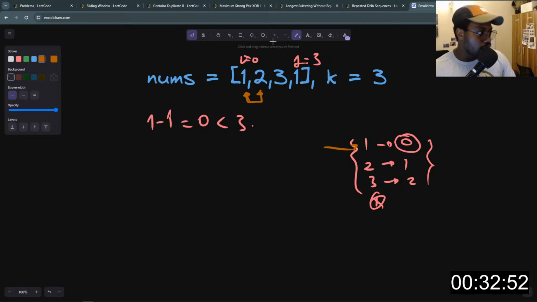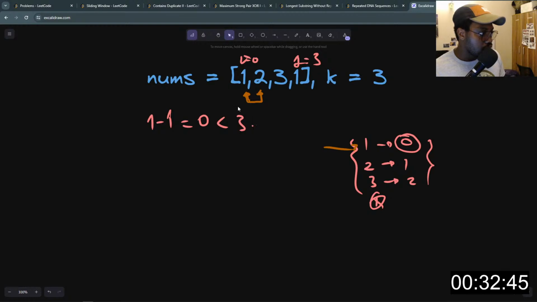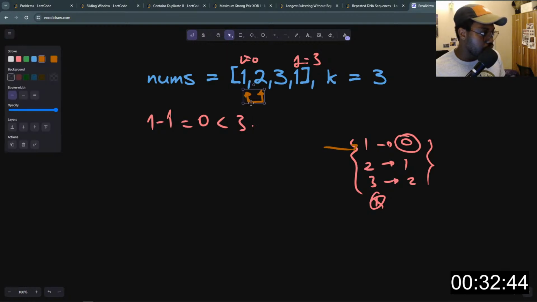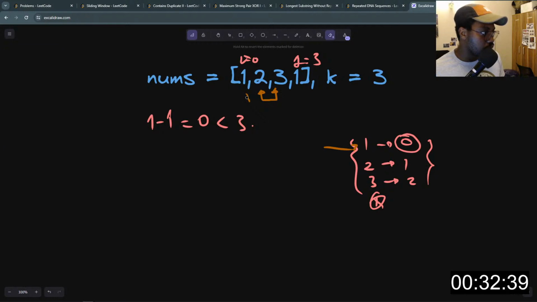Otherwise, if this doesn't satisfy that condition, we'll move the window. We'll slide it across to this side. Now we'll add this item here to the window again, right? We'll add this to the window,